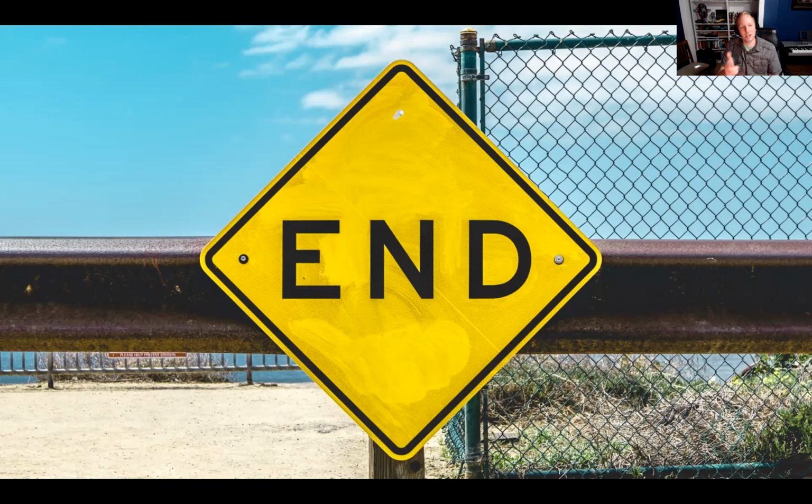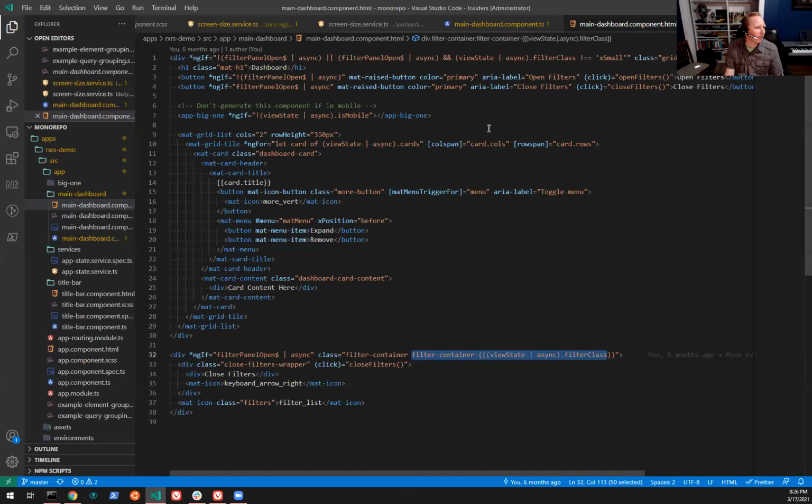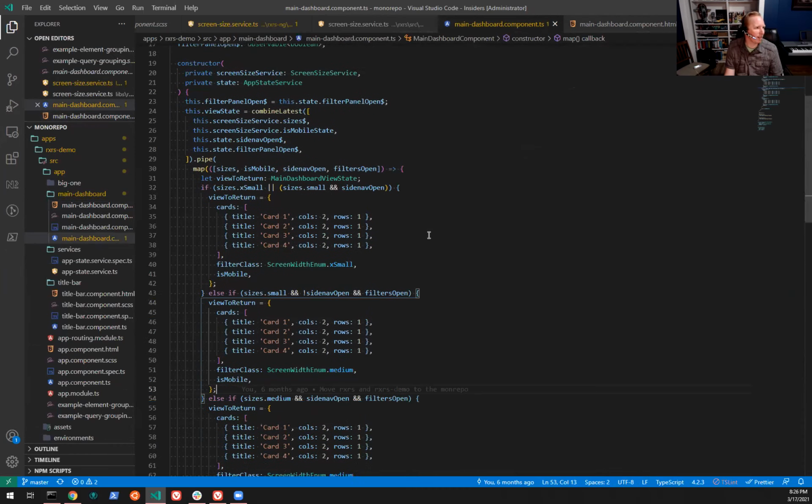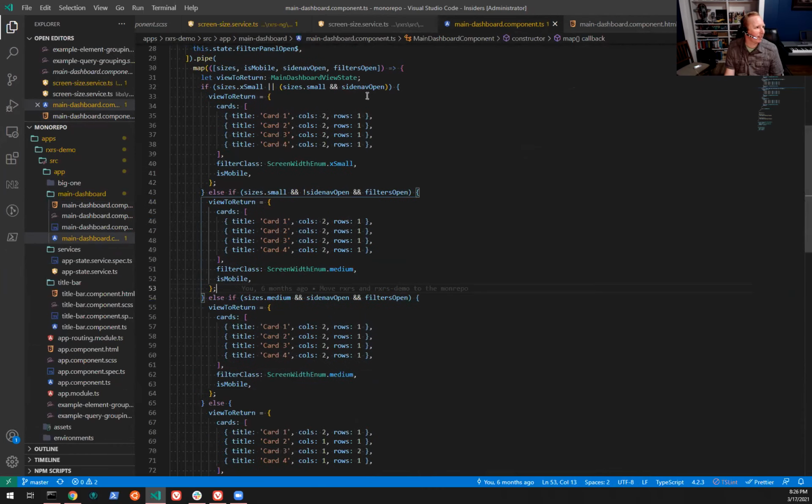I'm using Material in that example, and for that overlay I'm just using the side nav. I can't remember all the terminology it uses, like push, which pushes it over. If I said over and just updated, let me see, I don't remember because I wrote this a while ago, but if I said over on that side nav and then updated like this, we don't care if the side nav is open. So we just say, if it's extra small, yeah, extra small,